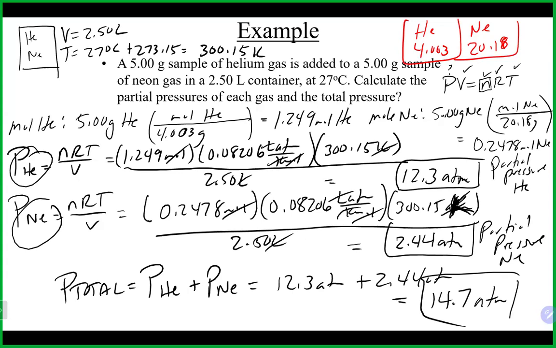Like this, there's 2 elements and one significantly lighter than the other. It'd be safe to assume that one is contributing more to the pressure. It should, yeah, it definitely should. It's what you'll learn about in probably 1A. It's what's referred to as root mean square velocity. And because of the mass of the gas, if it's lighter at the same temperature, it will definitely be flying around faster, which would definitely cause it to have more collisions.